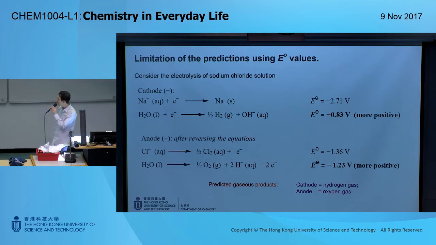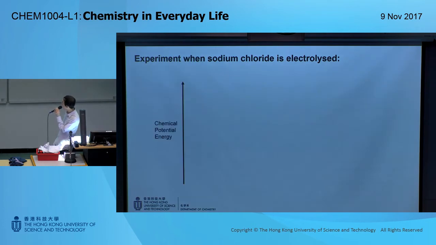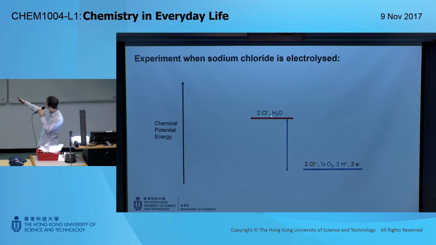Sometimes some reactions, although they have a good energy output, have a very large barrier. The barrier is not included in the energy change. So let me show you from this little diagram. In terms of energy change, if we took the chloride and the water, then we have a smaller energy change compared to taking the